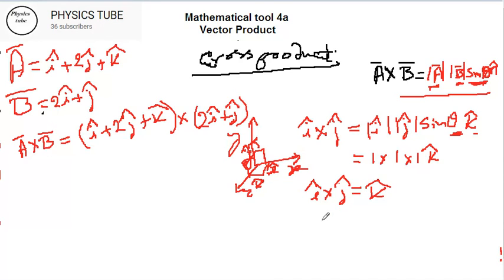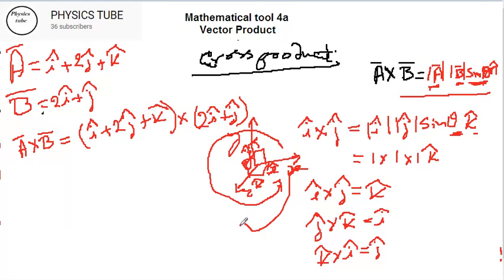Please note this down very seriously. j cross k is equal to I, going in the anti-clockwise direction. And another simple one, k cross I is going to give you j. This is the way I'm moving. If I go the other way around, I'll change color to show you, if I go this way,